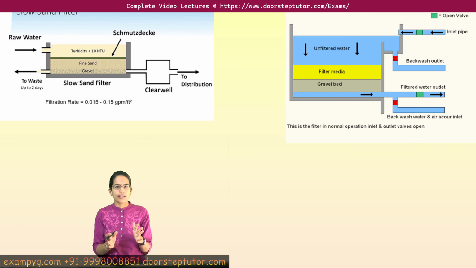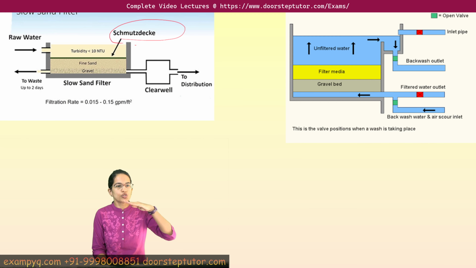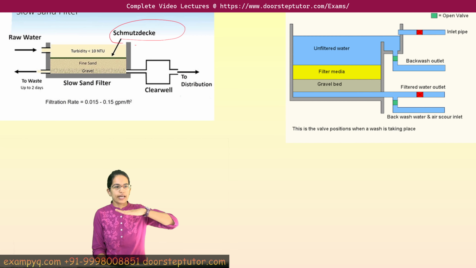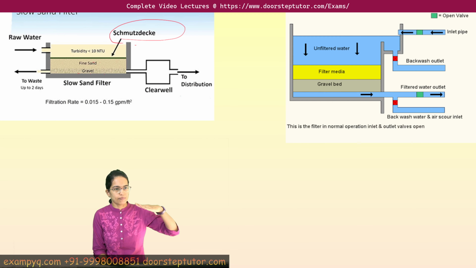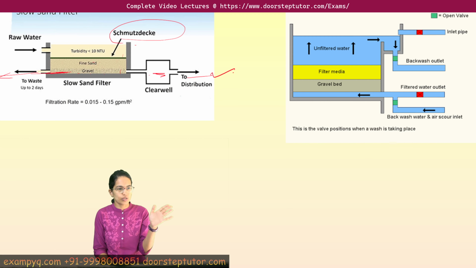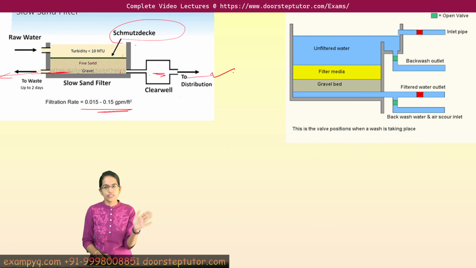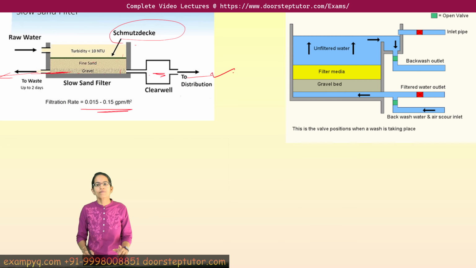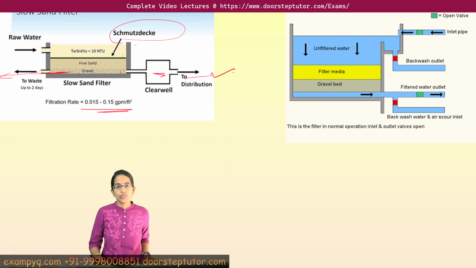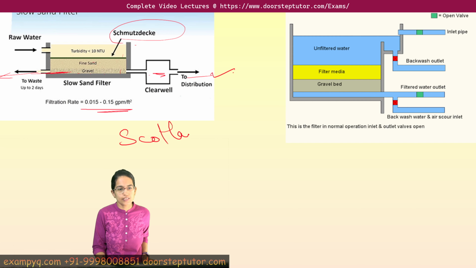So these are of two types, the slow sand filter and the rapid gravity filter. Under the slow sand filter, there is a biological layer which is known as the zoogleal layer. This layer develops and helps in purification. So when the raw water enters, the fine sand and the gravels filter it, and through this the clear water moves out to the distribution center, and the remaining heavy material actually goes to waste. The filtration rate is relatively slow, and therefore the name, the slow sand filter. However, there is another version of the slow sand filter which has been widely used in countries like Scotland, and this is known as the Inverness filter.